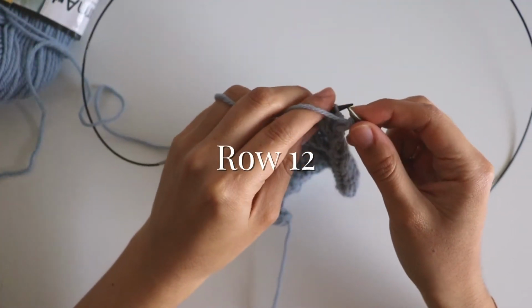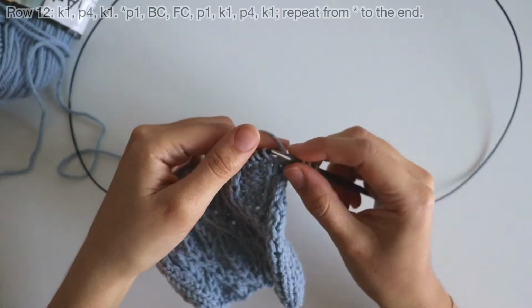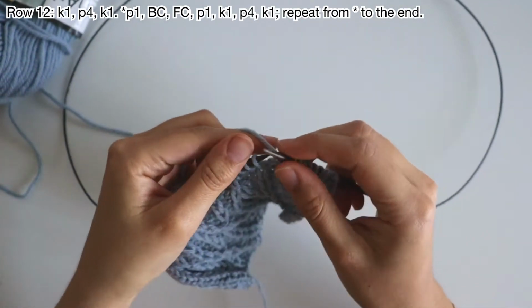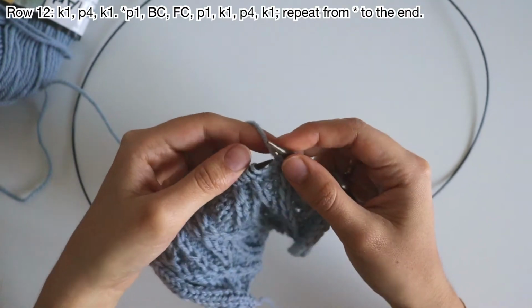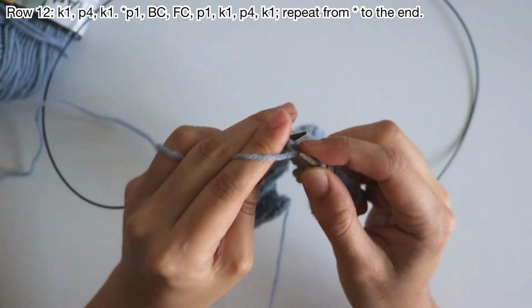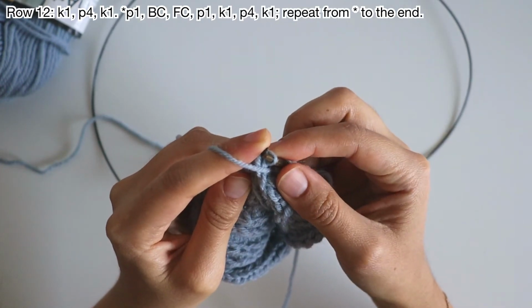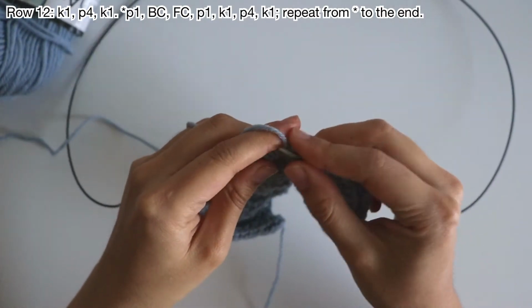For row 12 we're going to do the selvage stitches, and now we're going to knit 1, purl 4, knit 1, purl 1, and we're going to make a back cross. So knit 1, the second stitch, and now we purl the first stitch, and now a front cross. So purl the second stitch and knit the first stitch, and purl 1, knit 1,